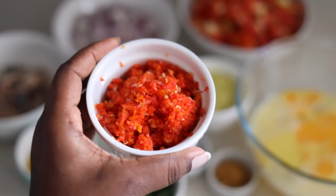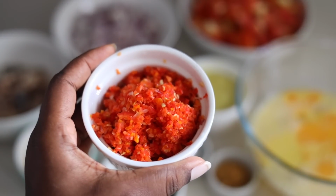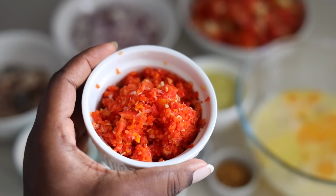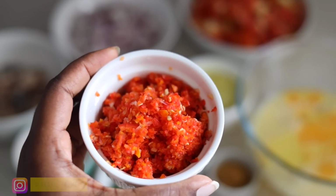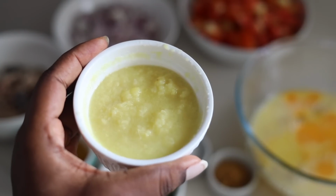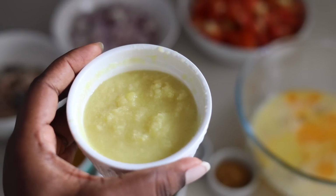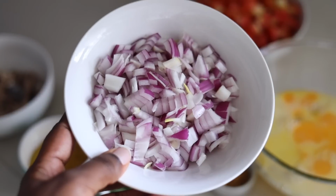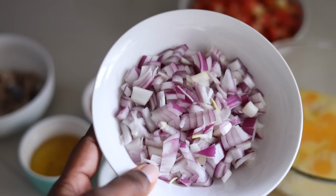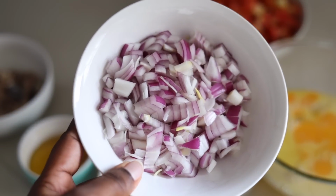Next, I have my peppers. These are atarodo scotch bonnet, so they've been blended, chopped, and I like it like this. And then our next ingredient is going to be our ginger garlic mix. I like to have this at home, so this is just ginger garlic blended into a paste and stored in the fridge. I have some chopped onions which will make our eggs very delicious, and then I have